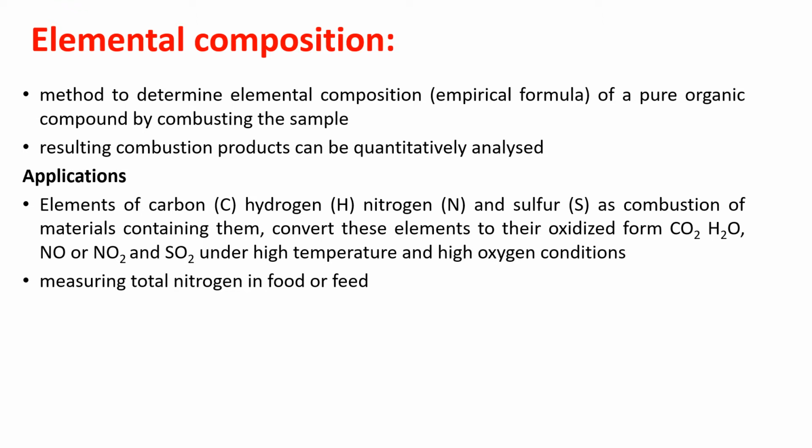Usually this method is used to determine the nitrogen in certain food products or the cattle feed or some certain poultry feed. It also helps us to determine the protein percent content. That means the proteins are basically formed of amino acids, and each amino acid has minimum one nitrogen. So depending upon the number of nitrogen, you can determine the number of amino acids, and by back calculation you can determine the percent protein content.